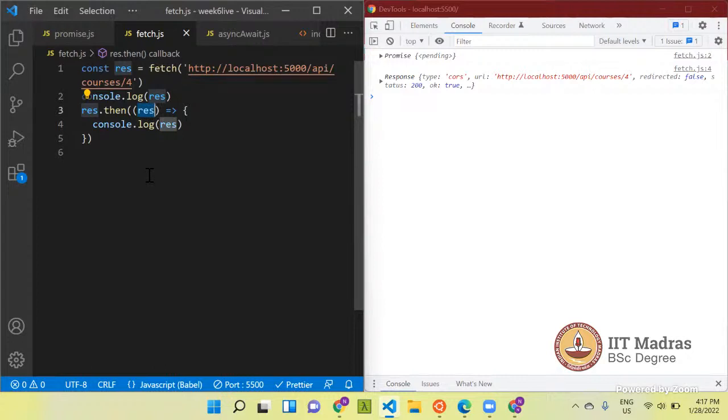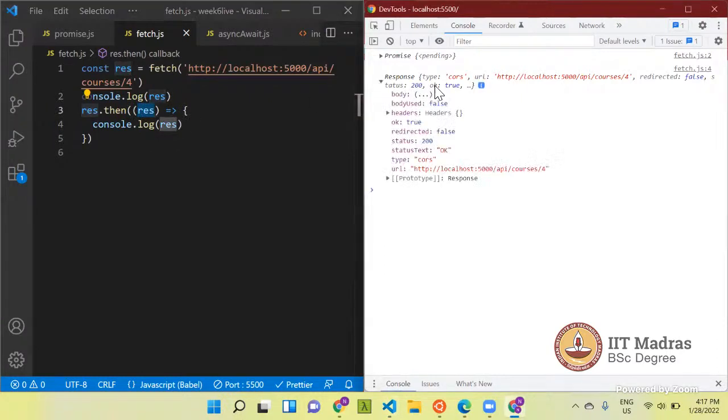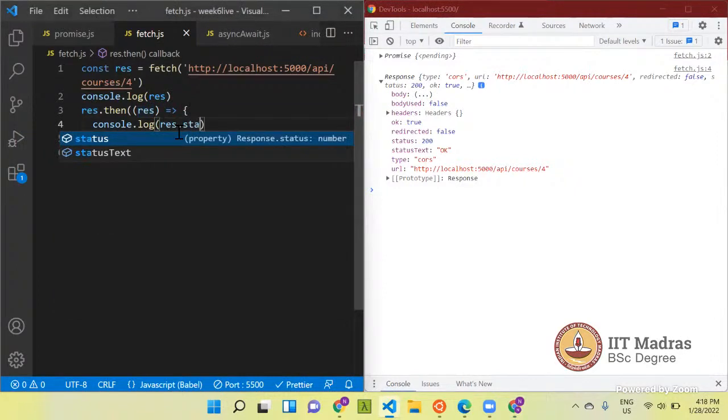So you can see why I have logged this value, because I wanted to show that this fetch returns a promise which resolves with a response object. So this is the object with which the promise resolves. So let me print status.